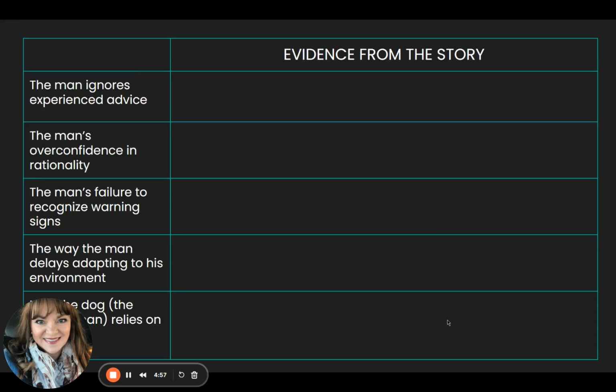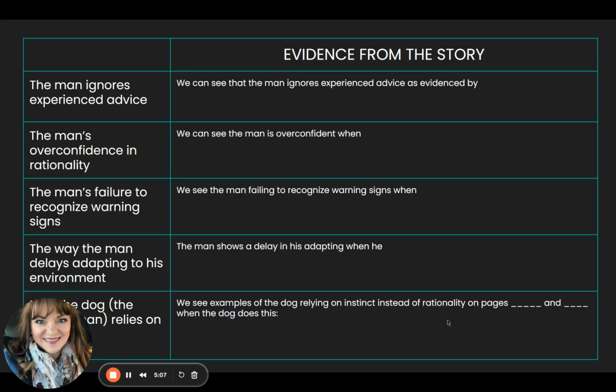And to collect your evidence, I'm going to give you a graphic organizer that's going to look like this. Although I did put some sentence starters like this in here for you, because I want us writing in complete sentences. One of the things I'm going to be assessing for this assignment is not just the meat of what you're giving me, but also the way you have grown in your writing over the course of this particular school year. You should be writing in fluid, complete sentences by now.